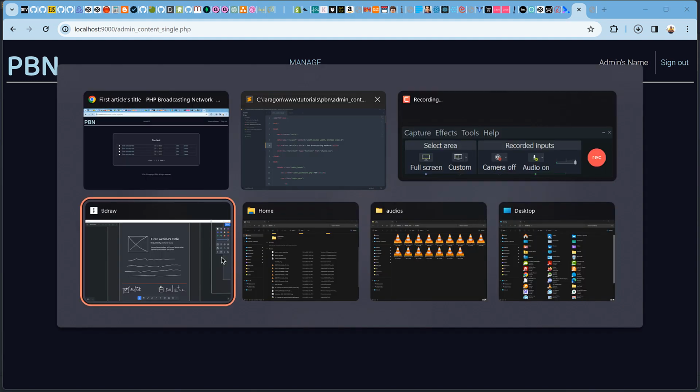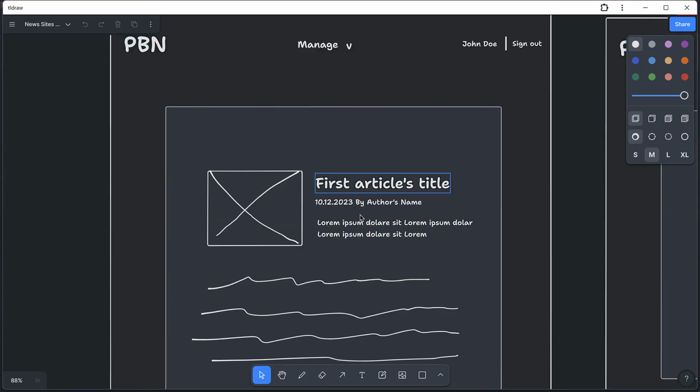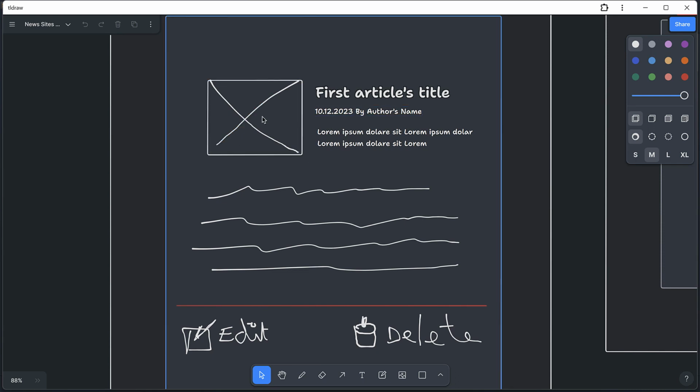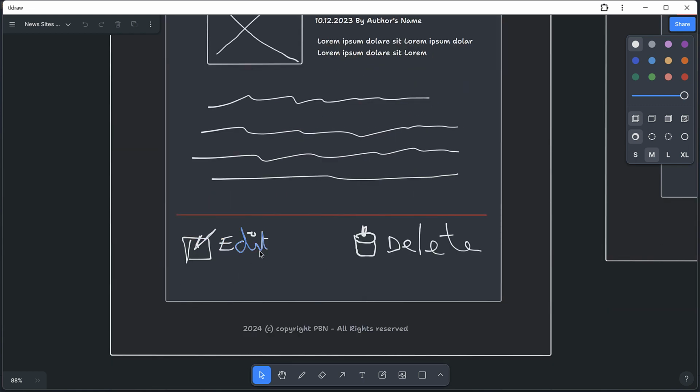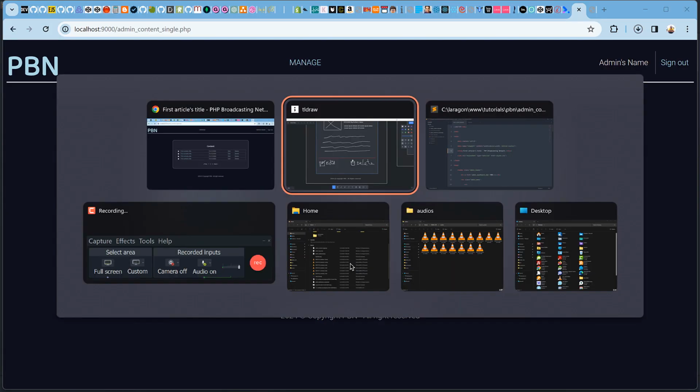When we look at the template, we can see that we just have an image, so the article image. Then at the right side, we have the article's details: the title, the date, and the author, then an excerpt of the article. Then we have the article's content, and right under that we have the buttons to edit and delete. So to achieve that,